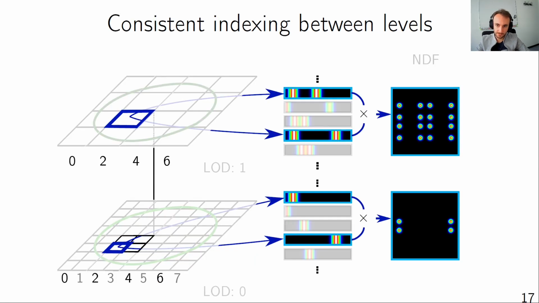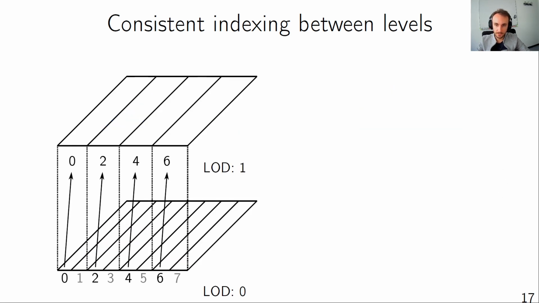We also expect that the lobes of a level L are also present at a level L plus 1 to ensure consistency between LOD. To partially accomplish this, the indexing of the cells is consistent between levels. Cell indices are used to randomly select distributions, so it is crucial to raise some indices of LOD-L to LOD-L plus 1, as in this case. So, at LOD1, cell indices are increased by 2. At LOD2, cell indices are increased by 4, and so on.